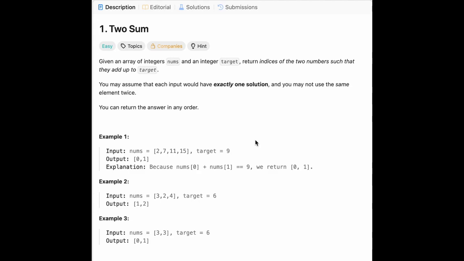Look at LeetCode 1. This is the two-sum problem. And I'm going to show you guys two ways that we could solve this, right? Which is the brute force solution and how we can use a hash map. So if we look at the problem, it says, given an array of integer nums and an integer target, return